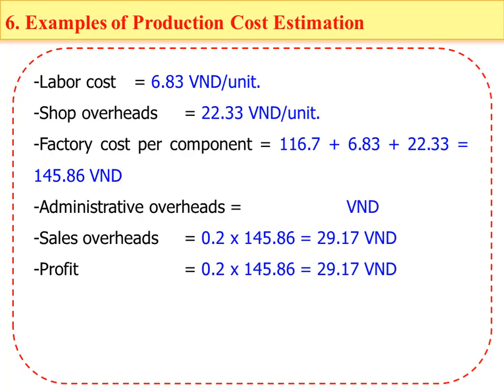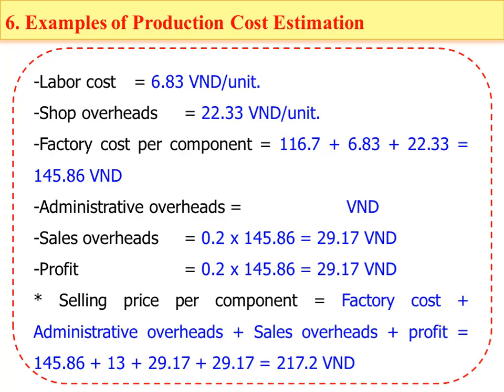And we will calculate the sale overhead as 20% of the factory cost per component and the profit also as 20% of the factory cost per component. They are both